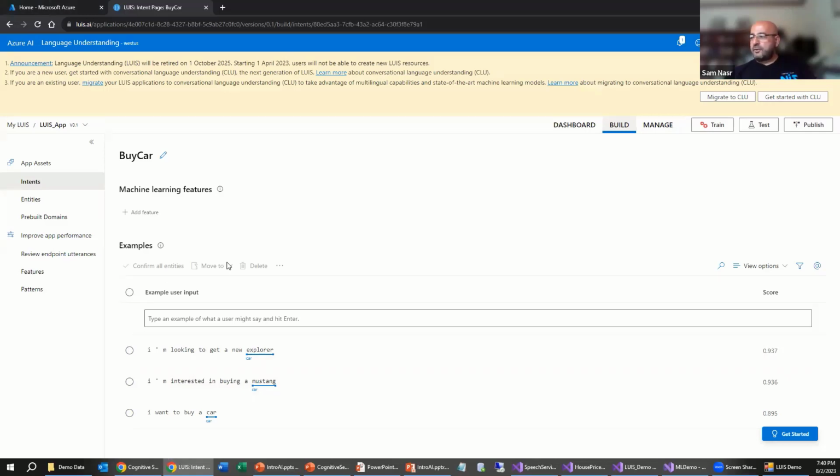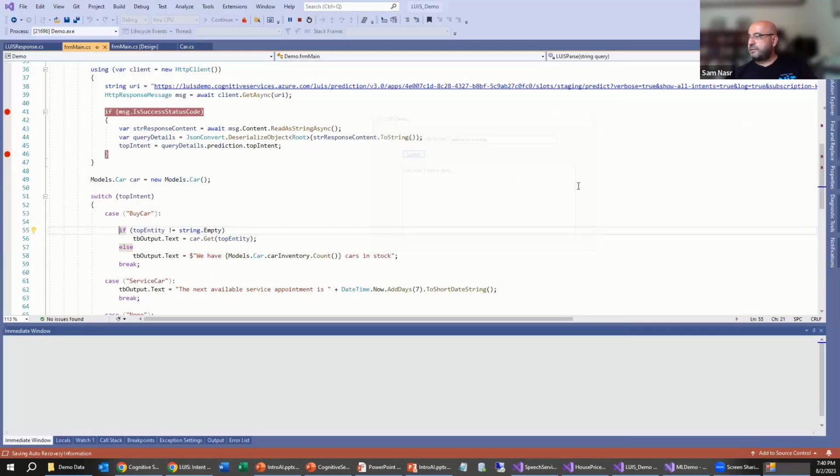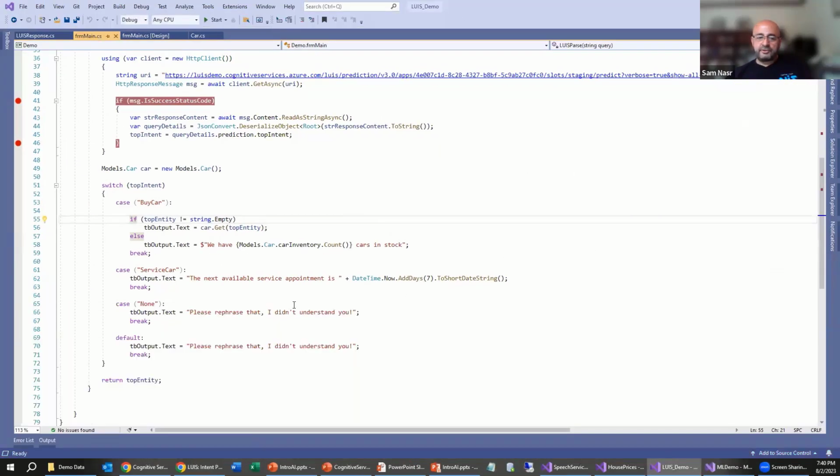So this is something that's already built, and we utilize the language and just expanded on it to identify which one is the entity in an utterance. Now, we can go a step further and utilize some additional speech services, which is another part of the Azure Cognitive Services. And that is over here.